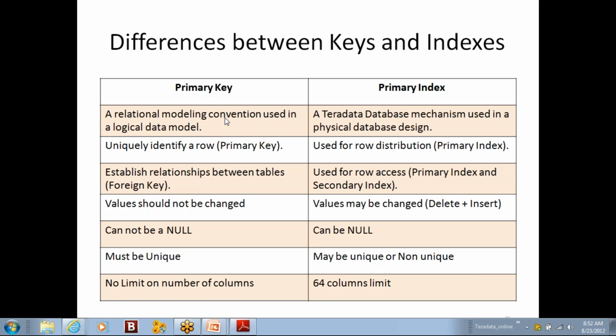What we do is called soft referential integrity. That means we don't implement the primary key and foreign key physically on the tables, but after loading the data we do a join and find out which are the exception records, and then we report these exception records to the user to decide whether to delete or keep the data in the tables. That is called soft referential integrity. It is called hard referential integrity if we implement primary key and foreign key on the table definitions. Generally in the data warehouse we don't do that.